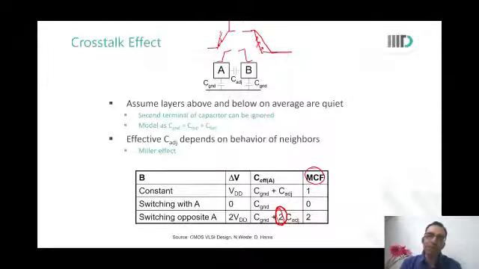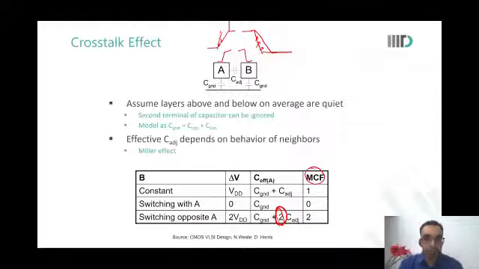Sometimes, for example, if you were designing a memory, then you know that at any given point of time, only one word line will go up. Or at the output of the decoder, only one of the signals will go to 1, the others will remain 0. So some circuits you can predict. At other places, you may not be able to predict. So when you are able to predict, you do something. When you're not able to predict, you do something else.